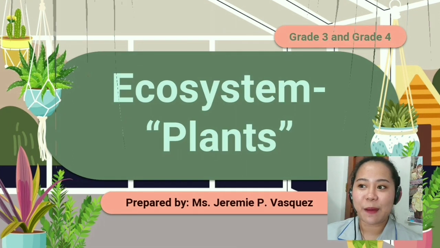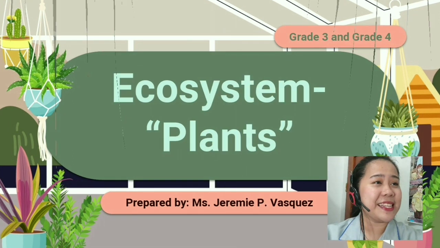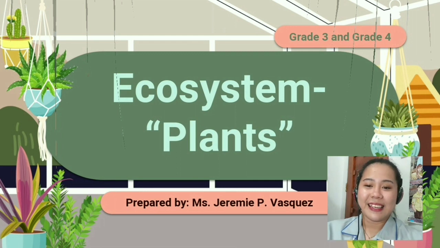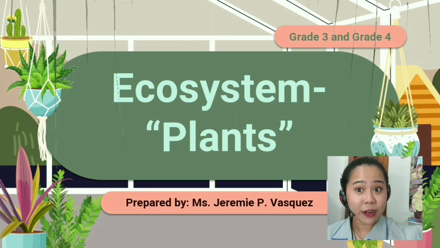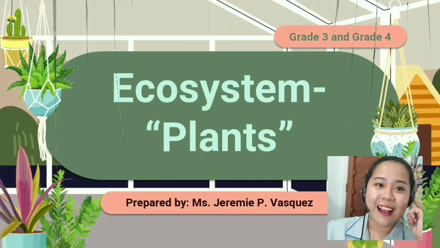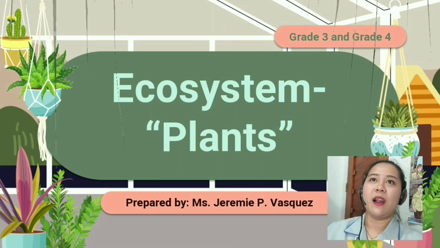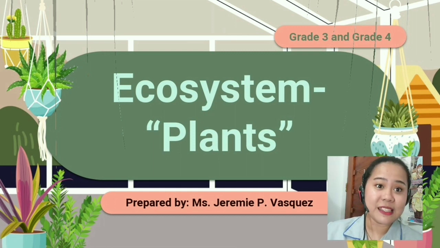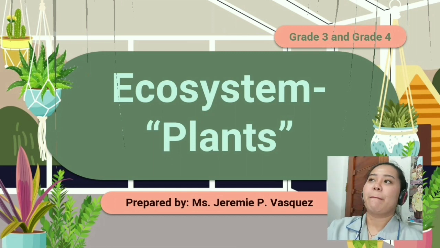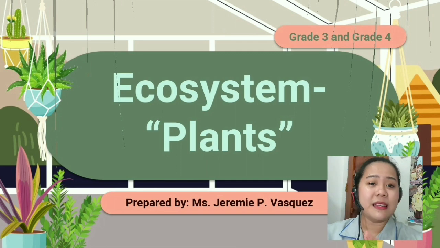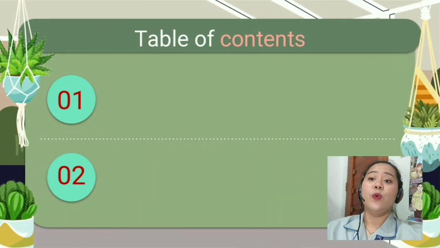What is an ecosystem? I see Iya raising her hand. Iya, yes, it is about nature. Yes, I hear it's about the environment. So an ecosystem is where the living and non-living things live. We have even the humans, animals, plants, and so on. This is the topic that we will be discussing